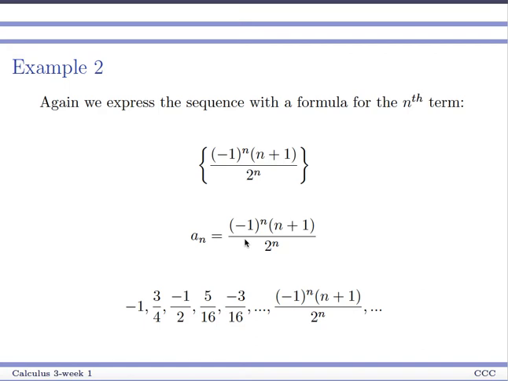Again, plugging in 1, that's where we're starting. When I plug in 1, I'm going to have a -1, so my first term should be negative. Plugging in a 1 here will give me 1 plus 1, so I'll have 2 on top, and 2 to the 1 on bottom. So 2 over 2 simplifies to a 1, and my first term will be -1. Go ahead, try plugging in 2 and make sure you're getting back +3/4. Plug in 3, make sure you're getting back -1/2. Plug in 4, make sure you're getting back +5/16. Plugging in 5 should give you